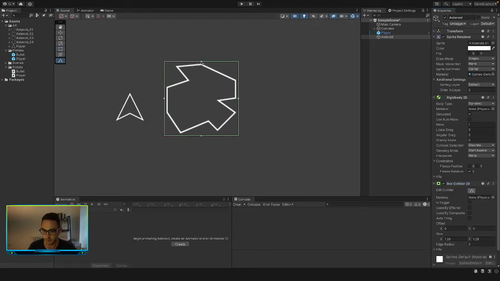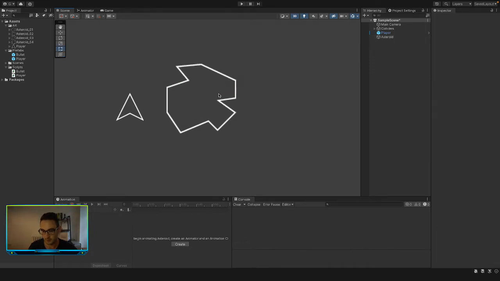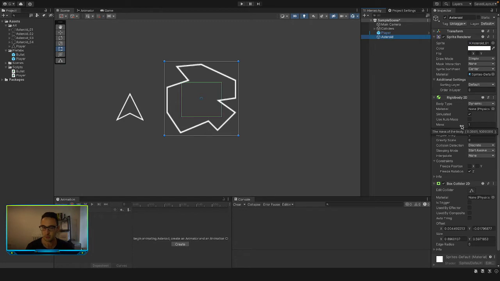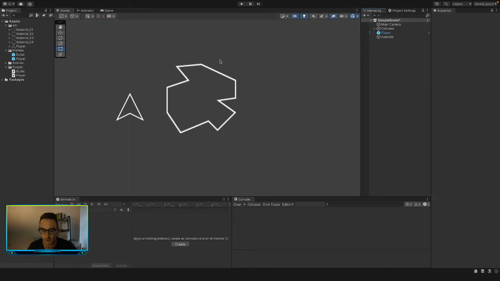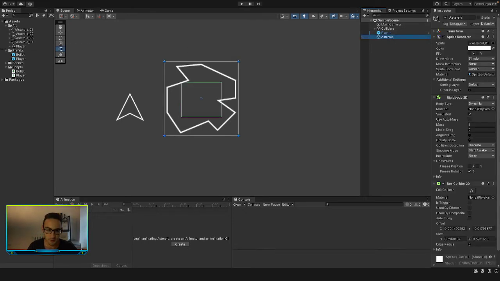We will make this a little bit smaller just for now, because we're actually going to change the size of some of the asteroids randomly when they get spawned in, just to make them all look unique, like I said. Otherwise the game would be a bit boring because they would all look the same. So that's fine. We can go ahead and save the project, and now we can drag in our asteroids prefab